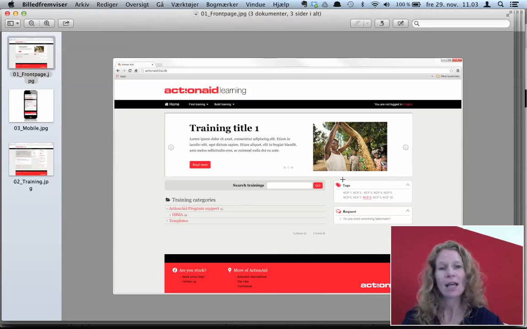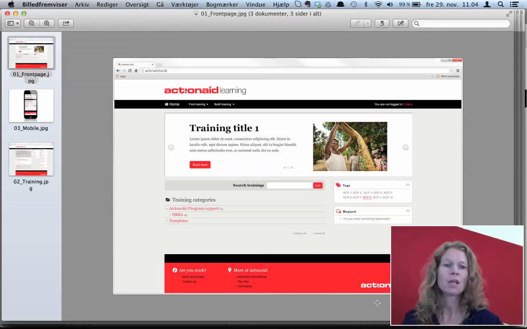Over here we have tags. Those are tags or smaller categories that go cross-cutting on all the courses. So that's why they're different. That's why there are tags here and there are categories here. And then we also have a little request box where we can write some text or have people needing something. For now, we have just a link there saying, do you need something tailor-made? Then a request will go to Moses, for example.